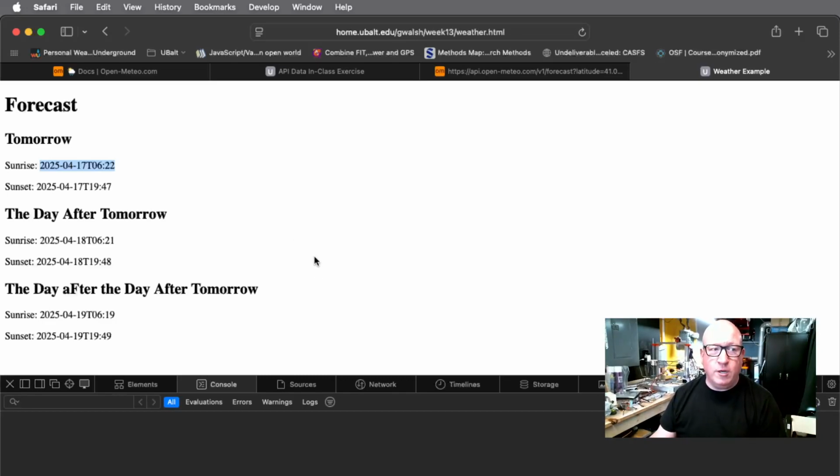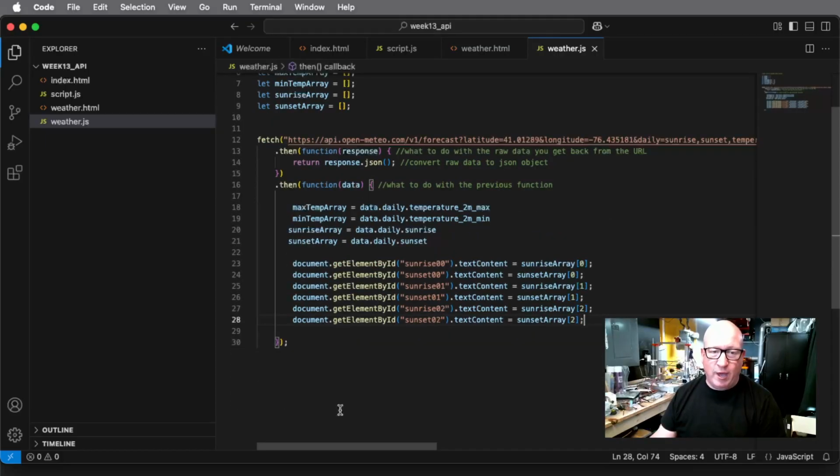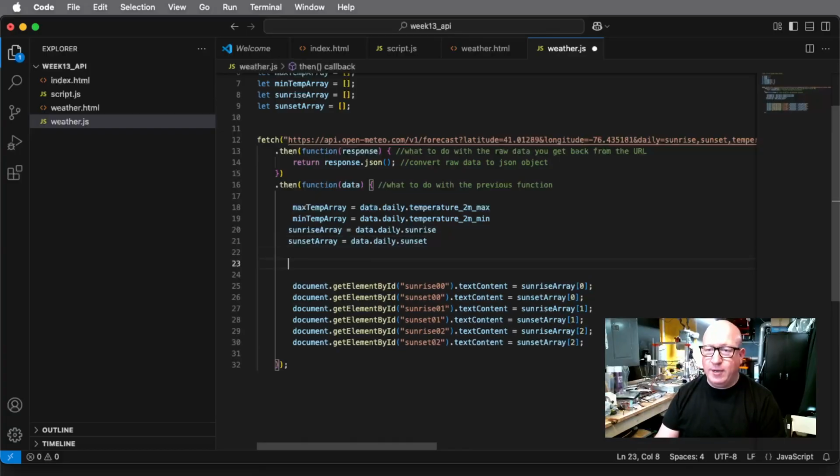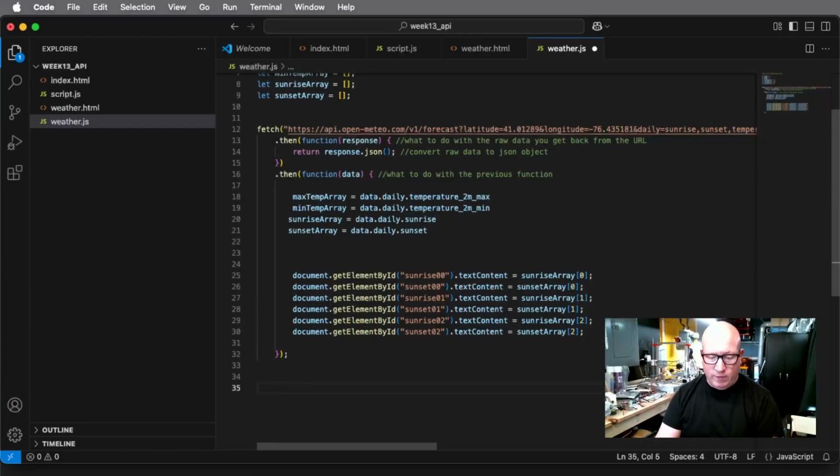So what we can do in our JavaScript is we're going to create a JavaScript date object. And how do we do that? Well, we can take our code, and I'm actually going to write a function to do this, because it would be just so much code to do this over and over again right here. So I'm going to say function